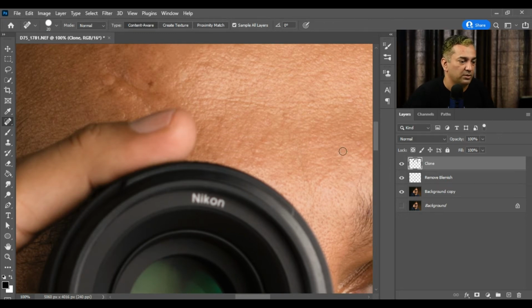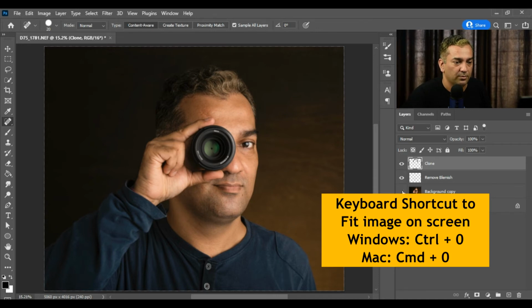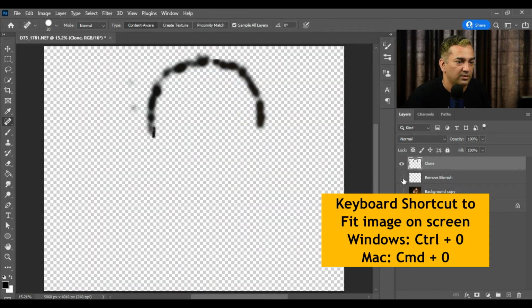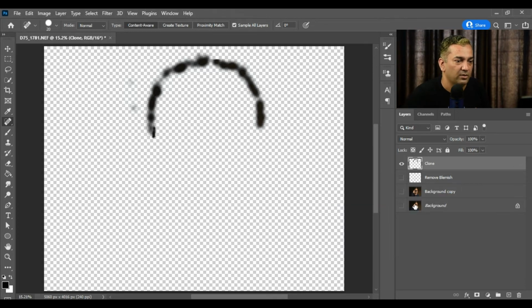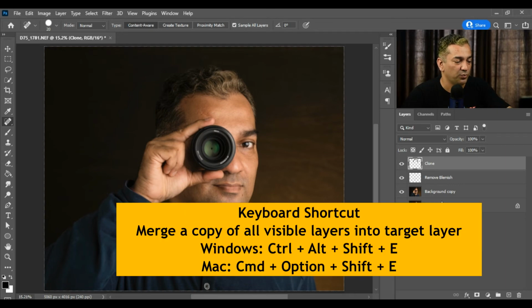So let me just press Ctrl 0 and I'll show you. This is the clone work we have done, and these are the blemishes we have cleared. So now we have the image ready, and just to make sure, we'll create one top layer which will be a merged copy of these layers, so it'll give us a good effect in the final retouch when we are using the neural filter. And for this we are just going to press Ctrl Alt Shift E,